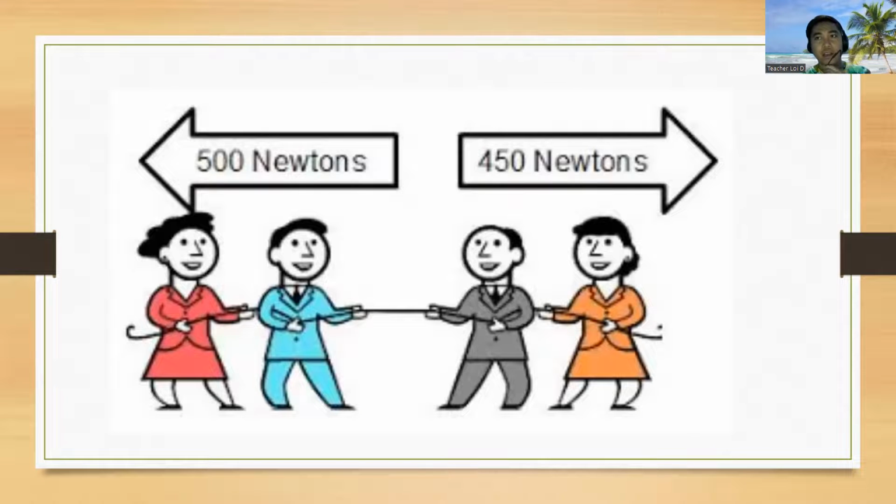So let's have an activity. 500N minus 450 newtons is equal to 550